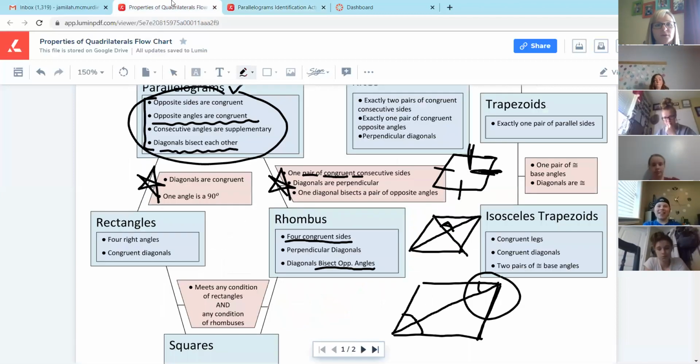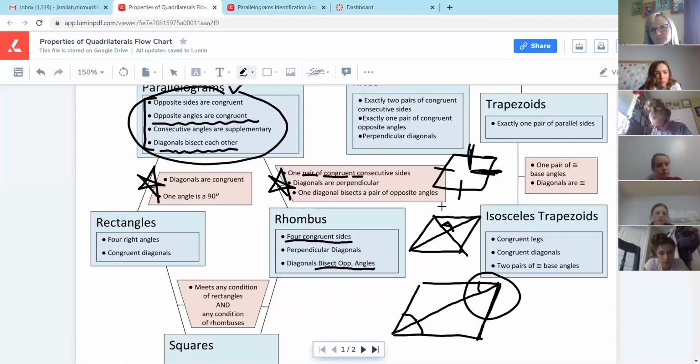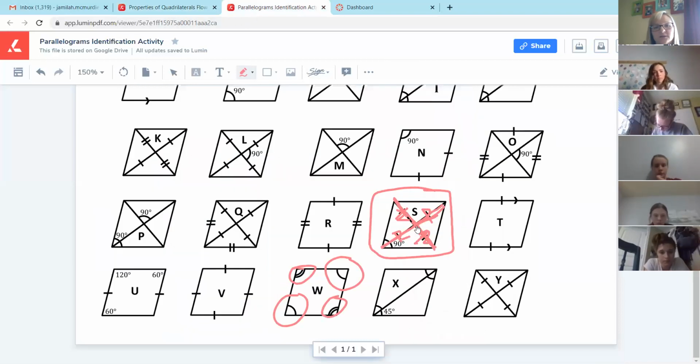So look back at your flow chart. Do you see anywhere on the flow chart where it says that the diagonals are congruent? Rectangles? Yeah. So if the diagonals are congruent, so if all 4 of the marks are the same,